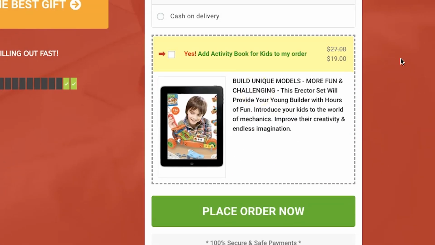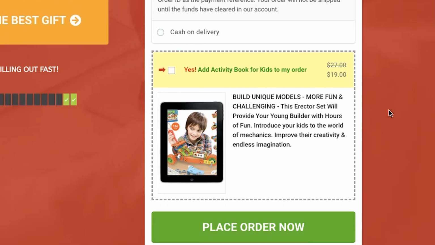Well, it is a complimentary cross-sell offer. In this case, it's an ebook. Users can just add it with a simple check on this box and this item gets added to their order. They do not have to move through the conventional cart process in order to buy this item. So you can pitch complimentary products.